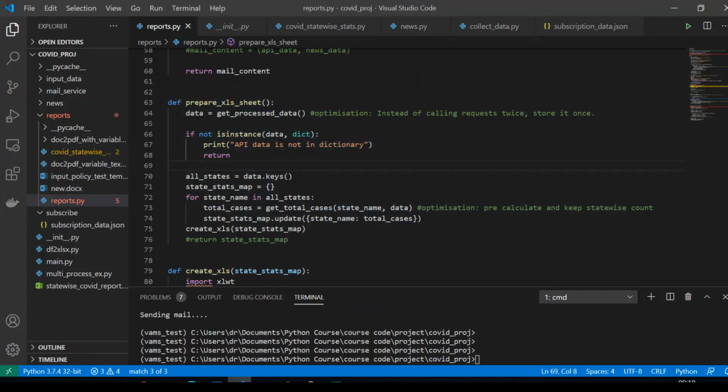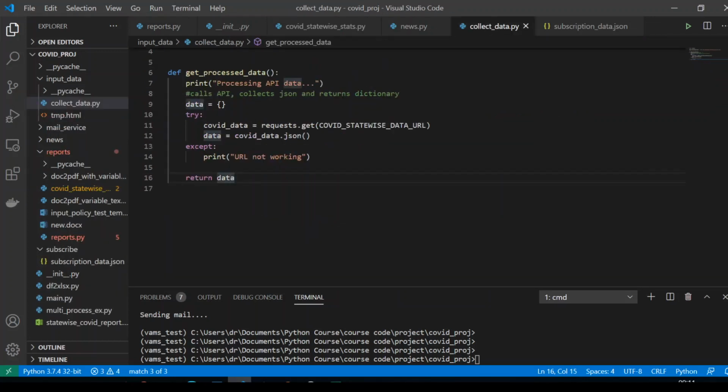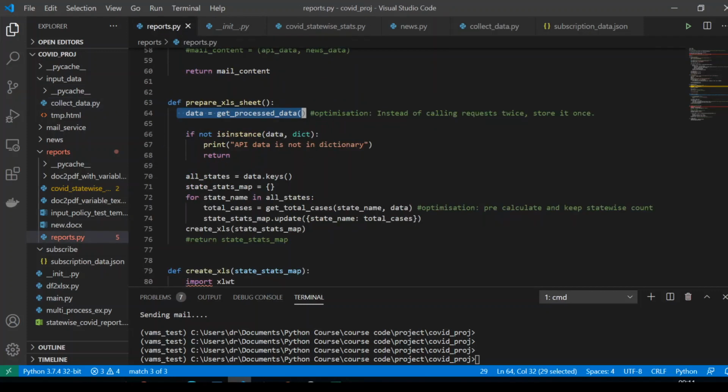Okay, so prepare Excel sheet is just a function. It doesn't have any input as of now, and then we are going to get the process data. Process data, if you remember, where is that? Okay, here, process data. I am simply shooting a request and then getting everything in a dictionary. Okay, so I'm simply calling that as get process data, and then I'm checking if that this is a